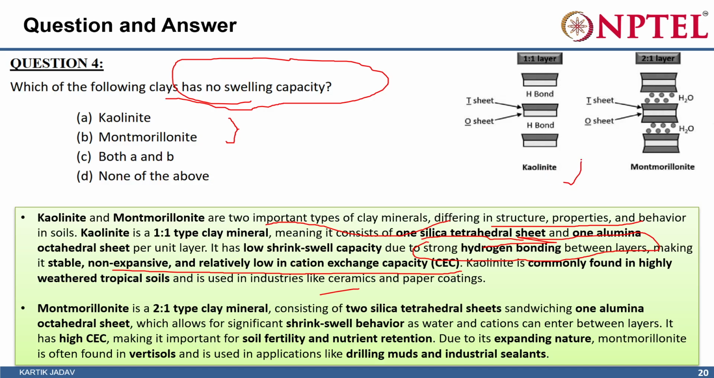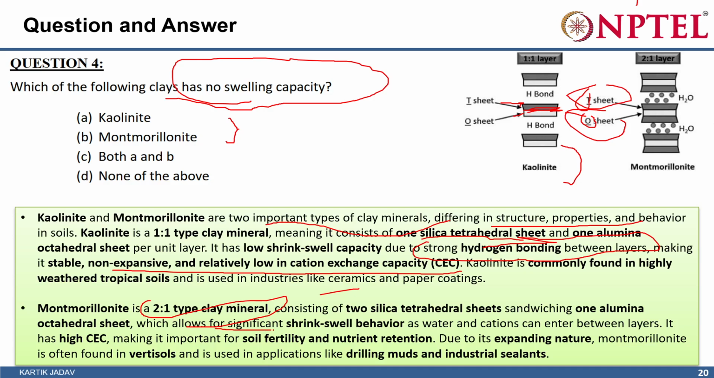If you see this example of kaolinite, it contains one tetrahedral and one octahedral sheet, right here. So this is joined by strong hydrogen bonding, and that is directly related to the lower cation exchange capacity, lower shrink swell capacity and stability of kaolinite, while montmorillonite is a 2:1 type of clay mineral, right? We know that because it has two tetrahedral sheets and one octahedral sheet,